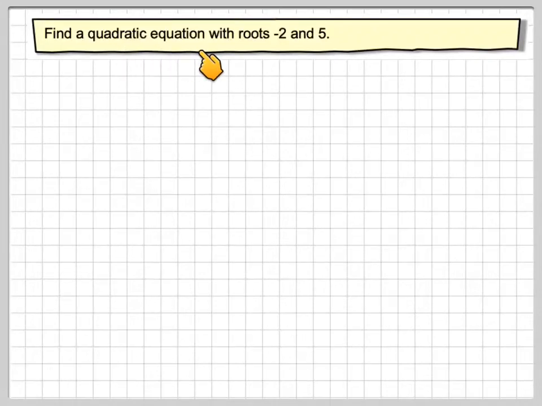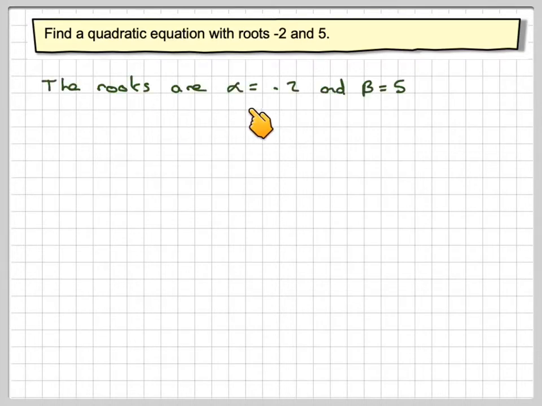Find the quadratic equation with roots -2 and 5. Now we could work backwards to get the quadratic equation, but if we take the roots of the form of